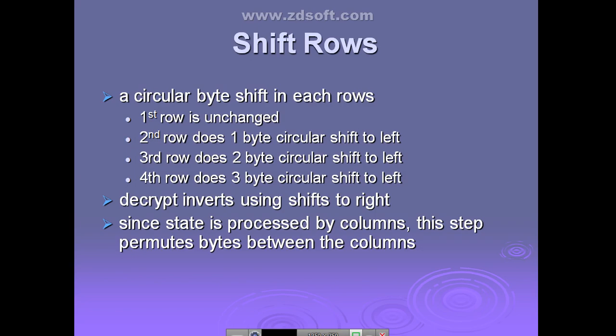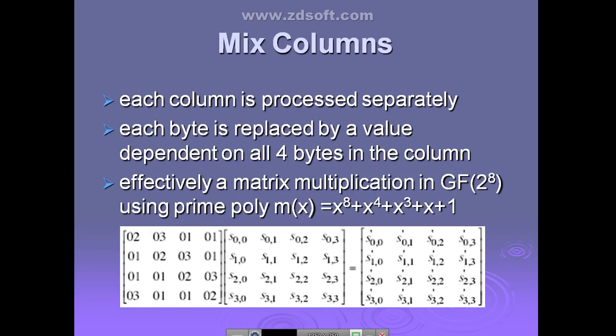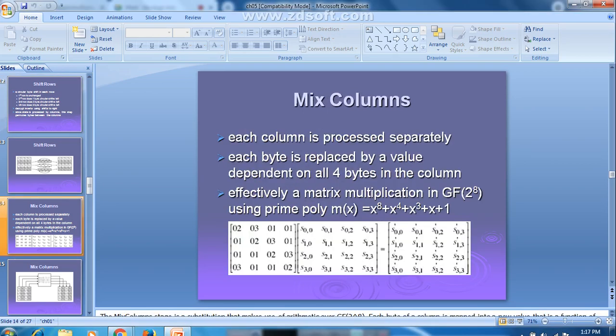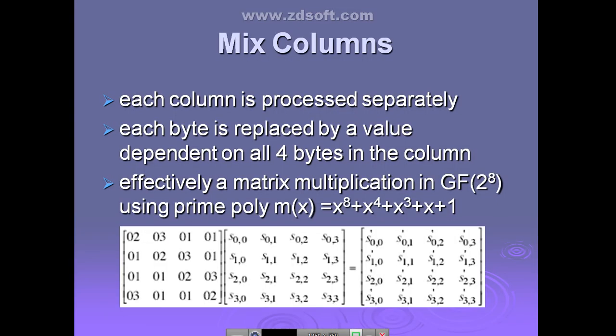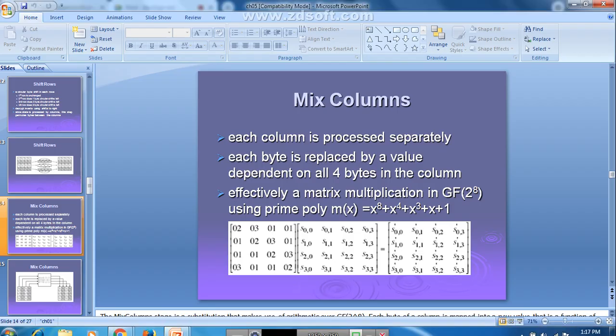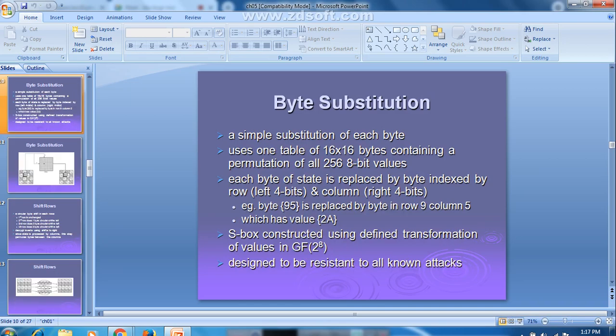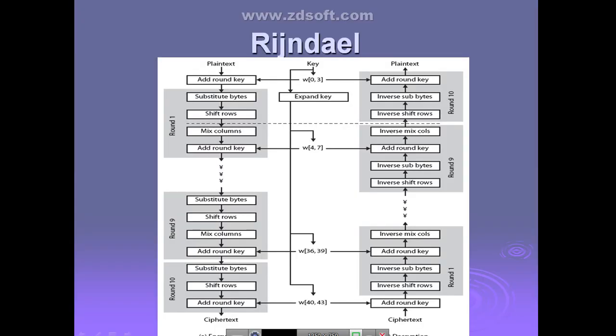Clear? This is the next operation they are going to perform in each round of the AES. Are you getting, guys? Okay, the next operation is mixing of the columns. You can see the diagram. We have seen now substituting of the bytes and shifting of the rows. Next is mixing of the columns and the add round key. These functions are there in each of the rounds. Now we have seen substitute bytes and shift rows. Now we will see what we mean by mixing of the columns.